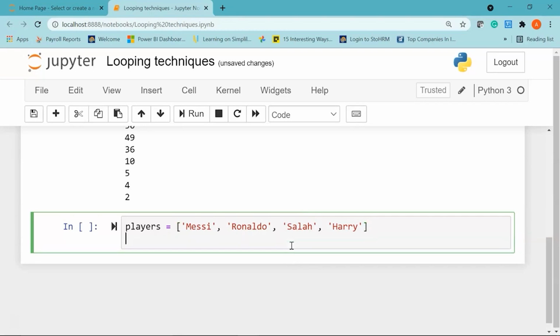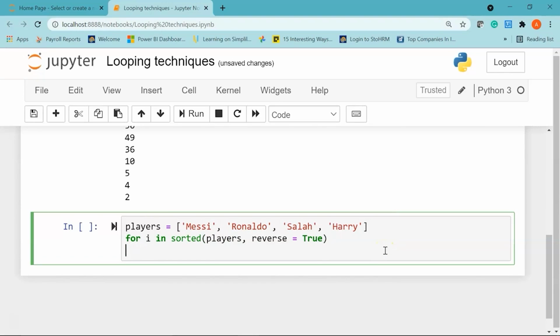Okay. I'm going to say for i in my function sorted, I'll say players, I'll give a comma, and again use reverse equal to true. So this is going to sort the items in my list players in descending order of the alphabets.